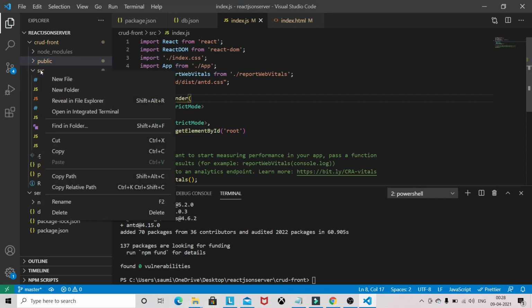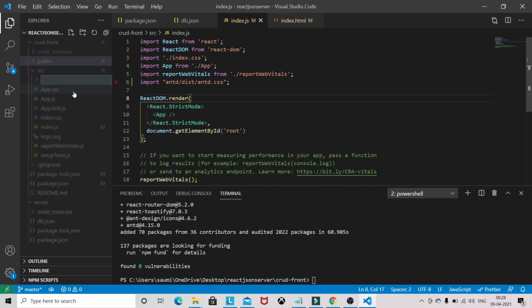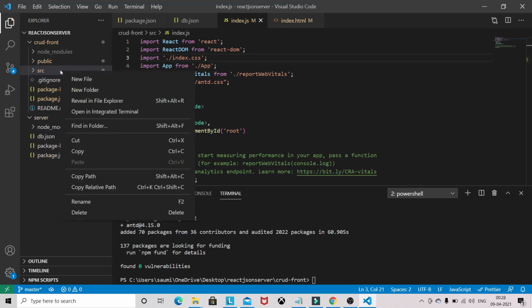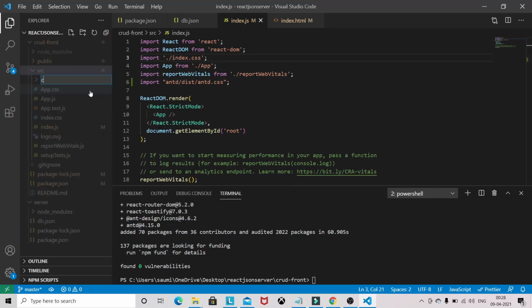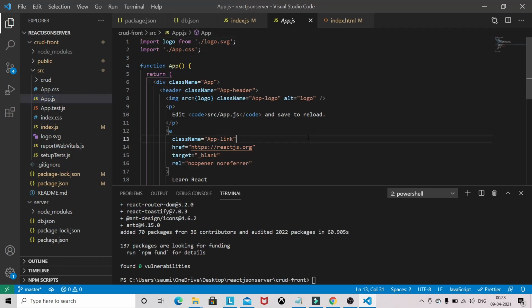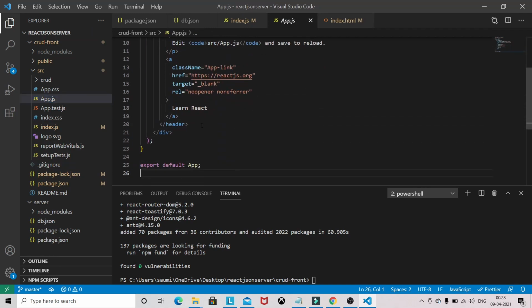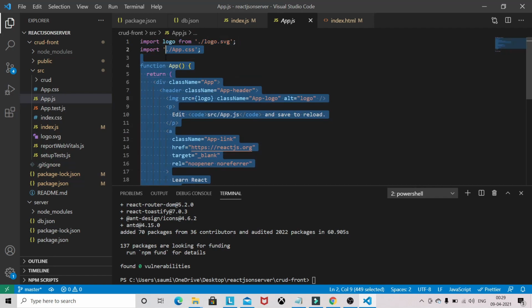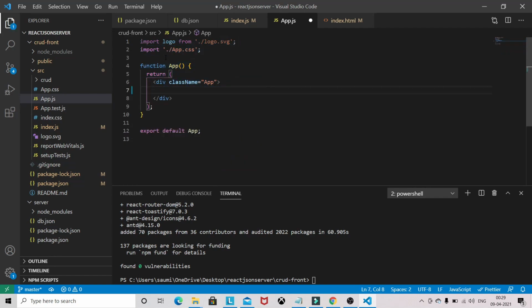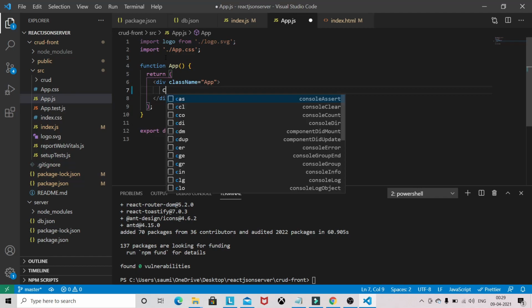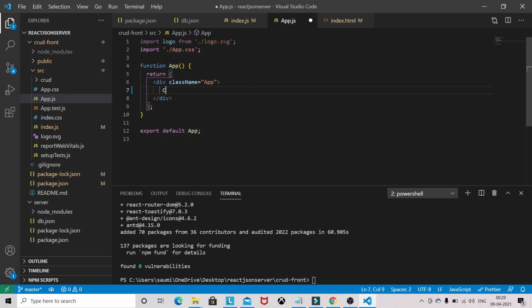Now we will create one folder here, not in the src. I will give it the name CRUD, and let's first check whether everything is working fine or not. I will remove this content and give it some h2, CRUD with JSON server.